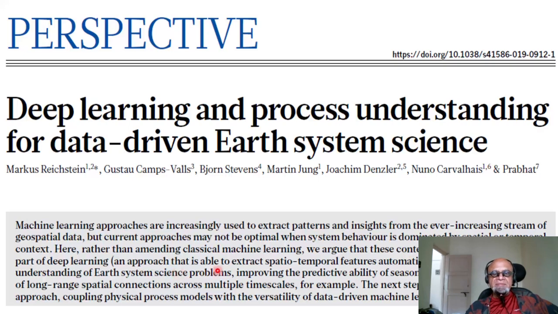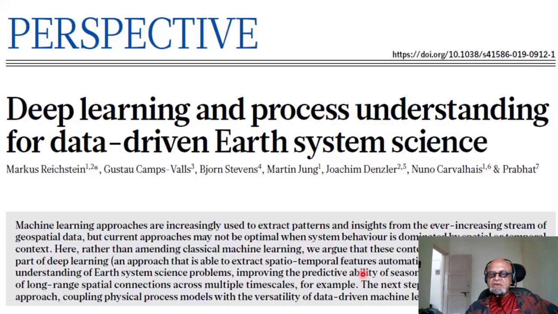Here, rather than amending classical machine learning, we argue that these contextual cues should be used as a part of deep learning, an approach that is able to extract spatiotemporal features automatically, because you want this whole process always to be autonomous.